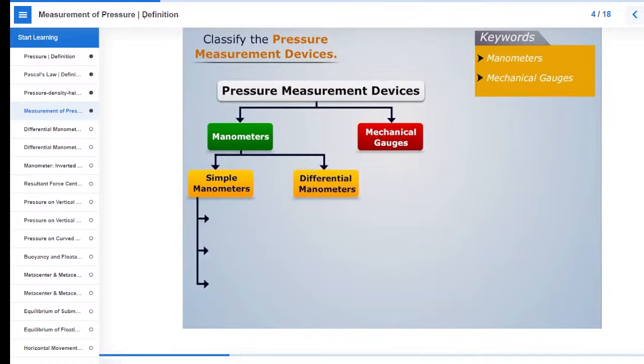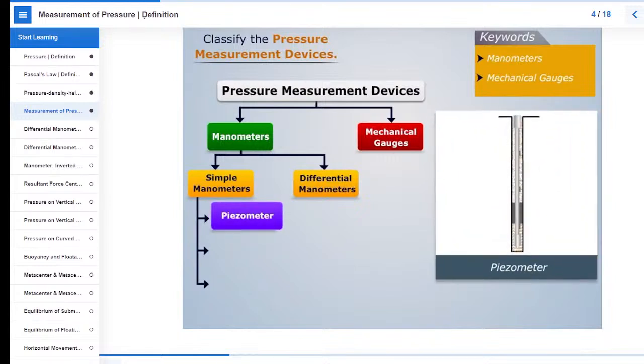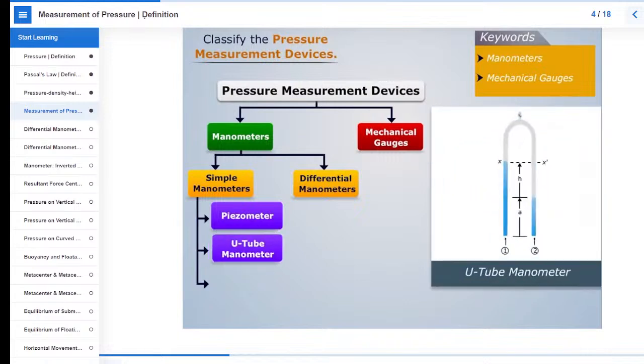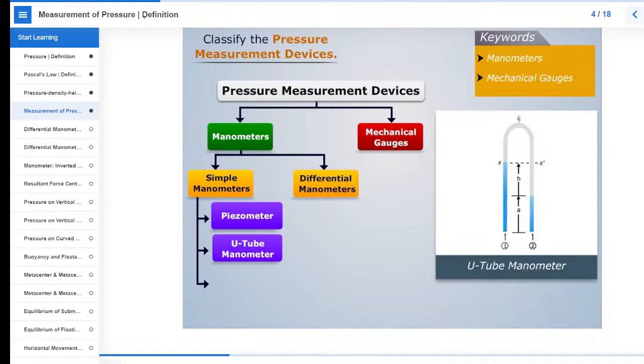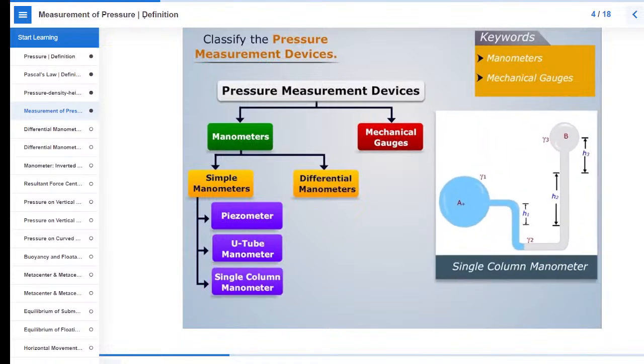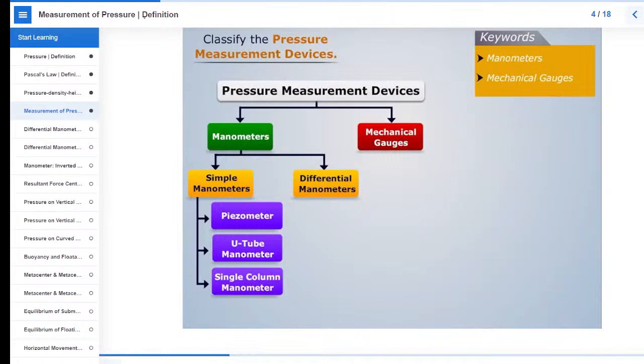Simple manometers are further subdivided into piezometer, U-tube manometer, and single column manometer. Differential manometers are further divided into U-tube